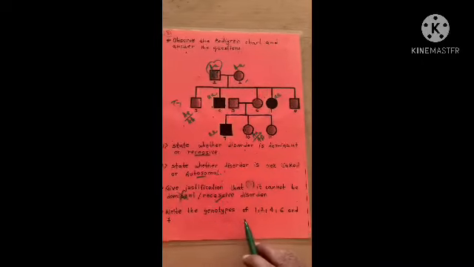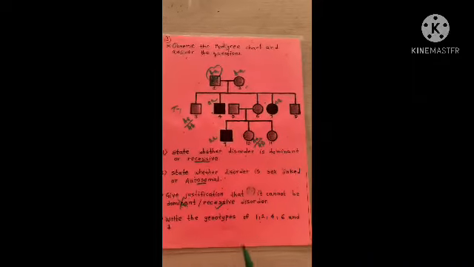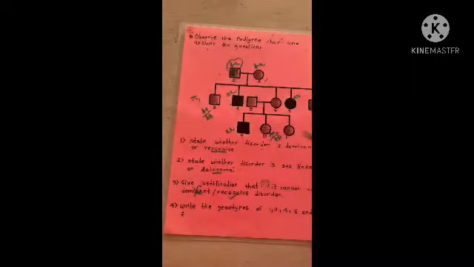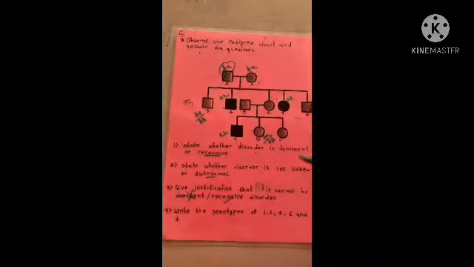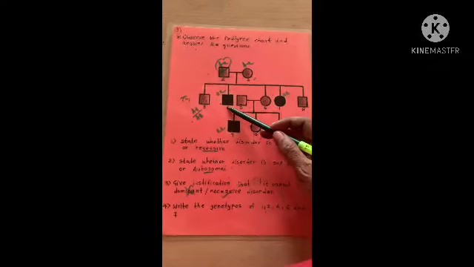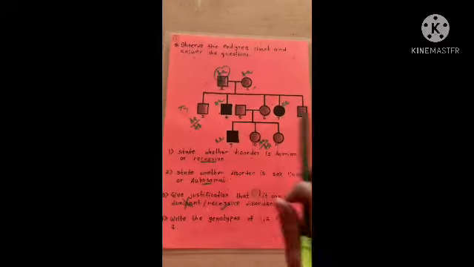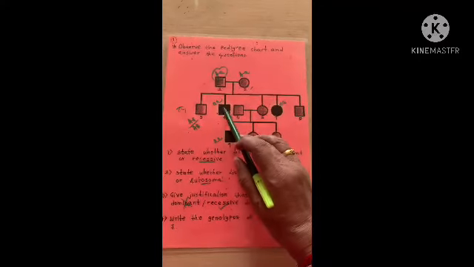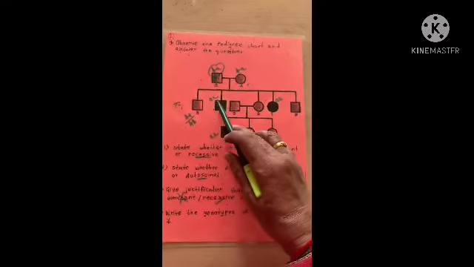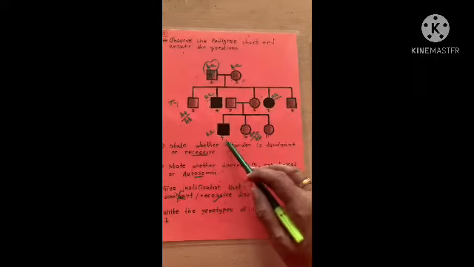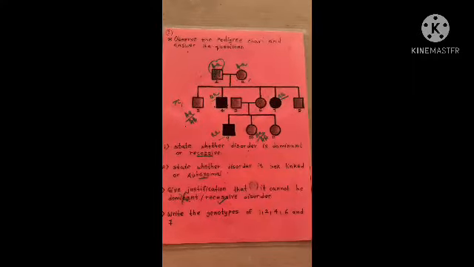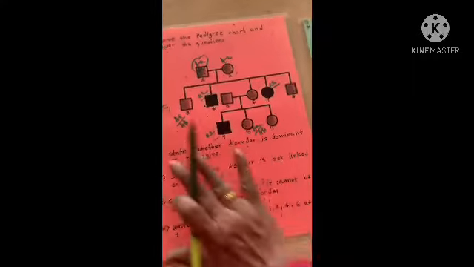Then if you have to write the genotypes of 1, 2, 4, 6 and 7. So 1 का heterozygous, 2 again heterozygous, 4 जो भी disease है, blindly you can write double recessive. जहाँ भी disorder दिख रहा है, अगर recessive trait है तो wherever there is a disease, you can write the double homozygous recessive condition. Is that clear? So this is one pedigree chart.